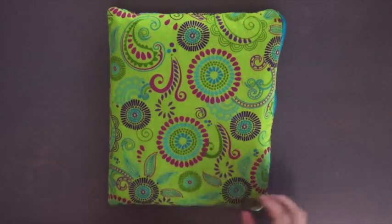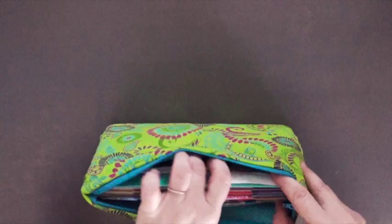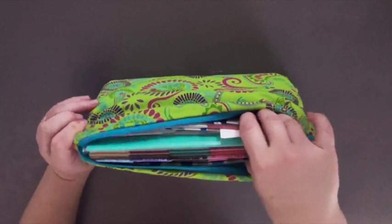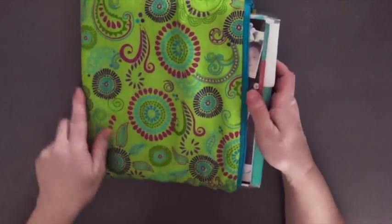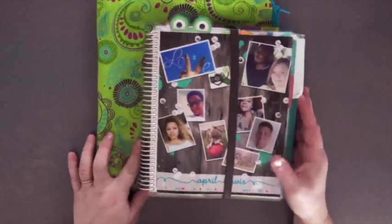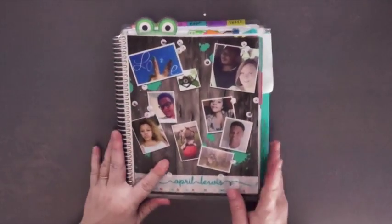And then I have my planner pouch. I made this. I've seen a lot of people who sell them on Etsy, and some stores people have bought from, but this is mine. I really like it. It's just a cute little pouch, colorful. I made a couple of them. This is the one that I like to carry right now. I really like the green and the blue, so it turned out really cute. So that's what I store my planner in, and of course it's got a band on it, and so